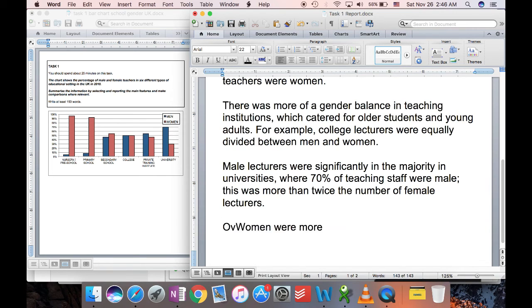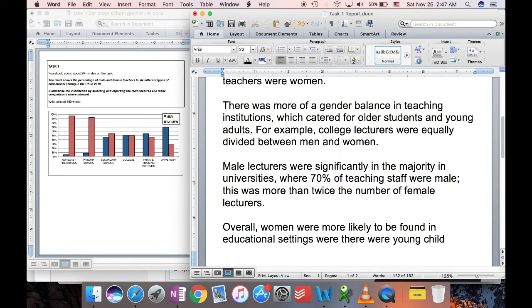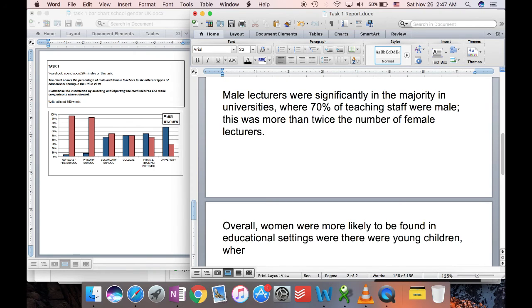Probably a good start to say overall. You've got a nice signposting word there. Overall, women were more likely to be found in educational settings where there were young children, whereas, and again IELTS examiners love that kind of word, whereas male teachers,